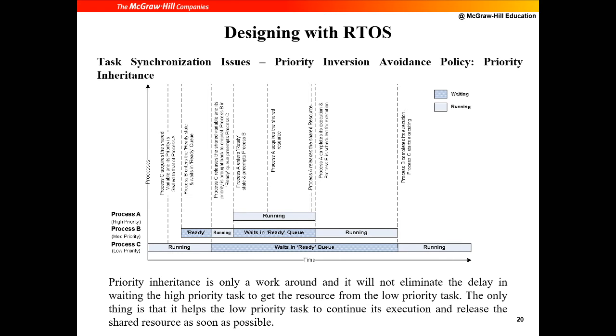One is priority inheritance. What you will do is, if a process wants a printer kind of a resource, then you will elevate the process priority to that of the highest priority job. You will call process C a high priority job. Okay, so in that case, what will happen? Process C will be running, then it will not be preempted by B.